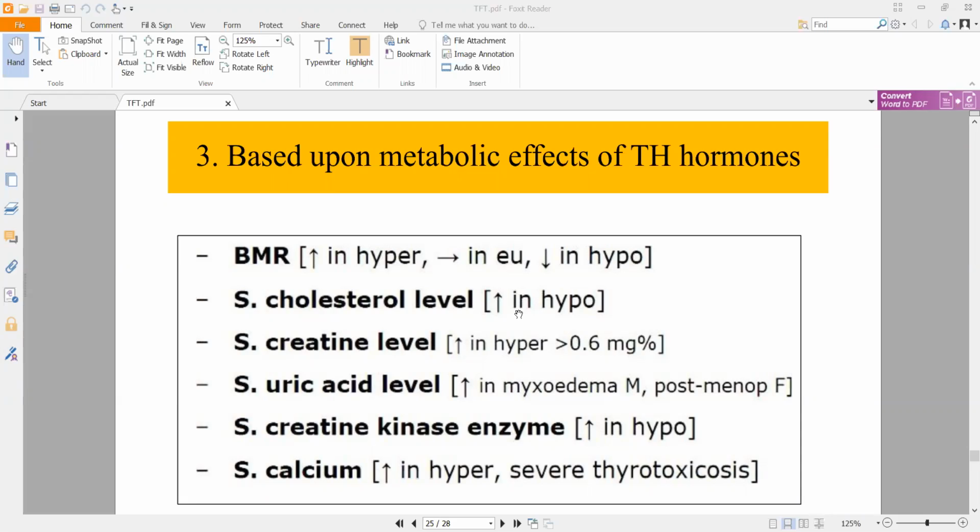Right. Coming to serum cholesterol level, you will see this specifically in hypothyroidism. In hypothyroidism, cholesterol level will increase because if BMR is low, correlate all of this with BMR. If BMR is low, the amount of cholesterol that is broken down will be low, or the amount of cholesterol converted into other hormones will be low. I told you cholesterol is a parent hormone for other hormones as well, right? Like testosterone, estrogen, progesterone, all of these steroidal hormones are formed from your cholesterol.